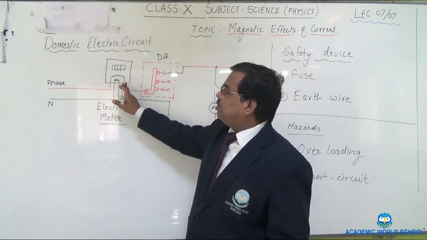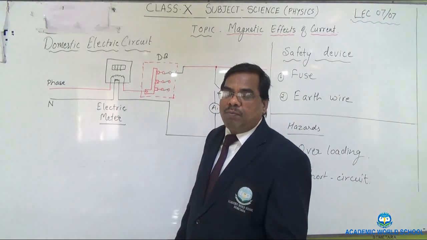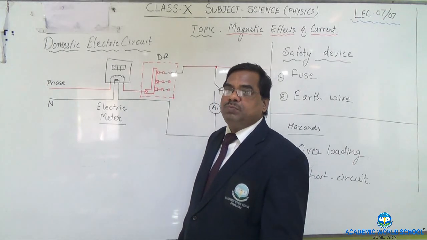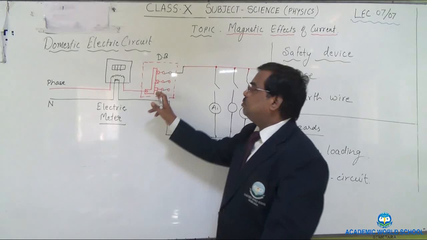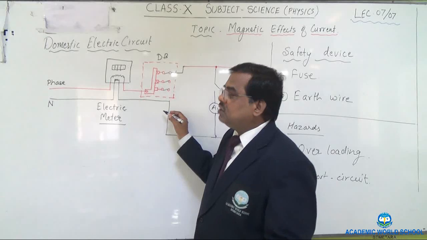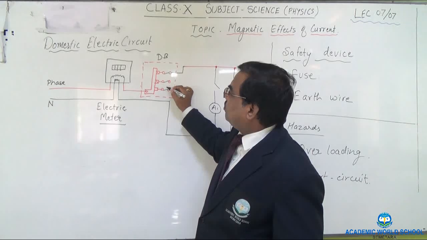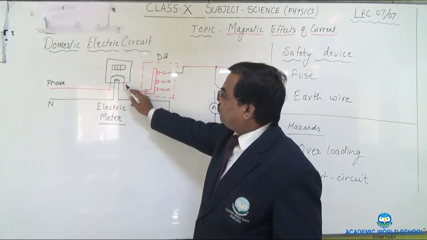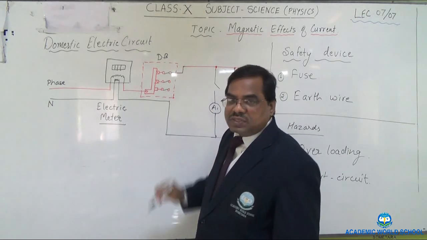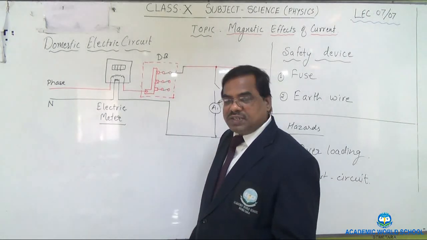Then from there they come out and go to the distribution box. DB for short, you must have heard DB. So DB is the acronym for distribution box. From the distribution box there will be some fuses. I will tell you later what a fuse is. A fuse is a safety device. Okay, so in the distribution box there will be fuses. The phase wire is connected with many different fuses. Nowadays you may find trip action MCB, it's quite the same.